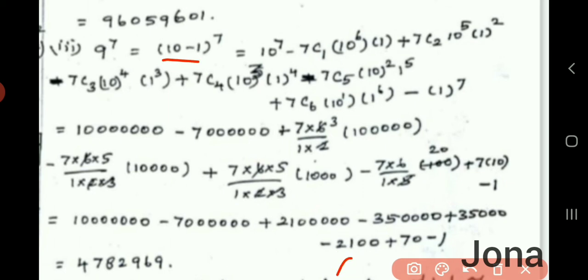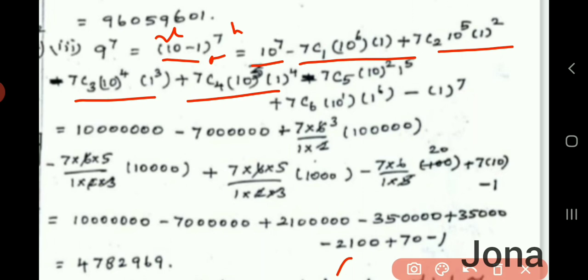So here x is 10, and a is 1 and n is 7. So xⁿ here, that is 10⁷ minus 7C1 10⁶ into 1 plus 7C2 10⁵ into 1² minus 7C3 10⁴ into 1³ plus 7C4 10³ into 1⁴ minus 7C5 into 10² into 1⁵ plus 7C6 10¹ into 1⁶